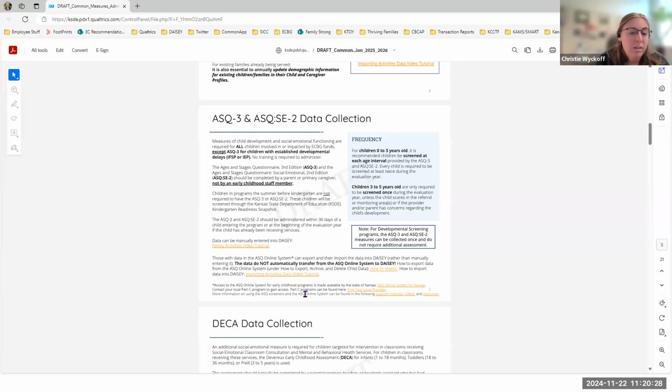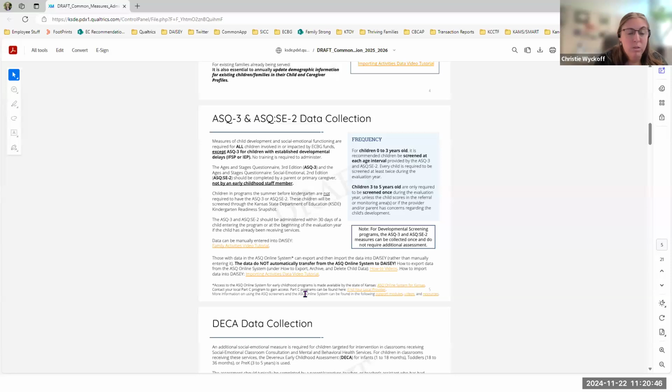So really familiarize yourself with the ones listed under the program types for the programs you're proposing. And be sure to budget for that training, the cost of the measures, and the time to administer them based on what you have here.